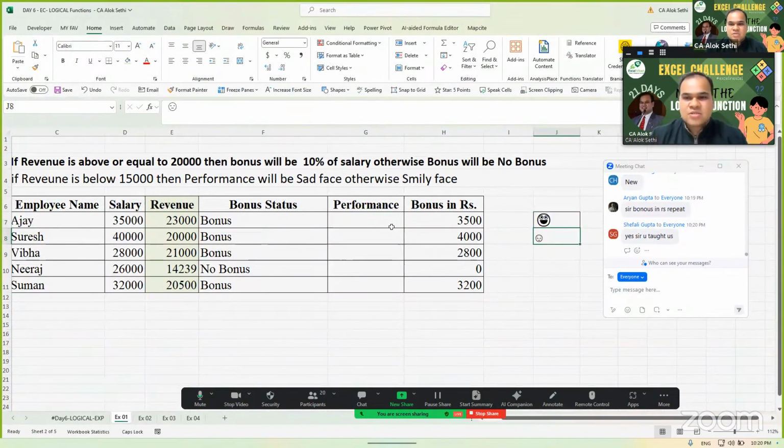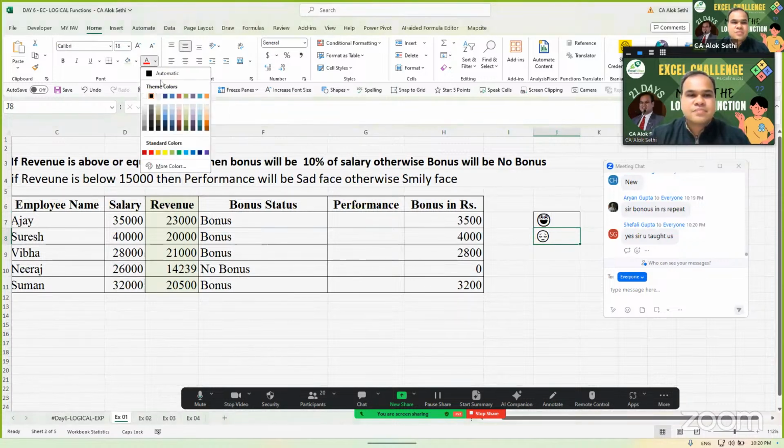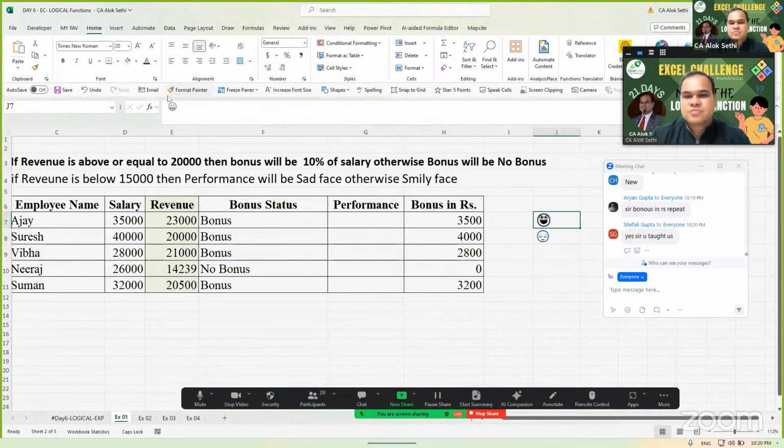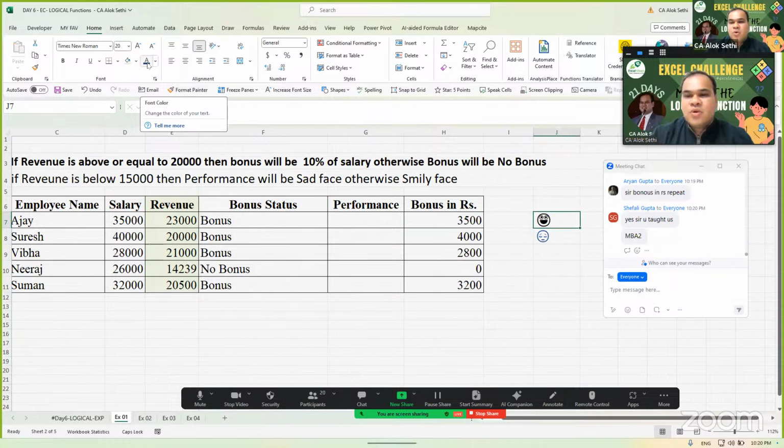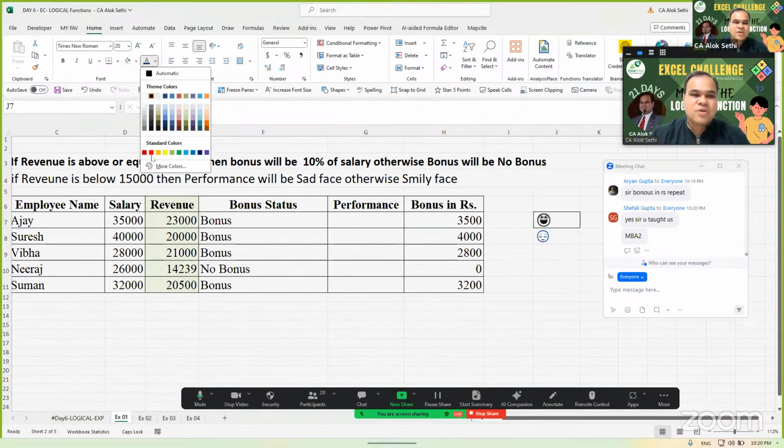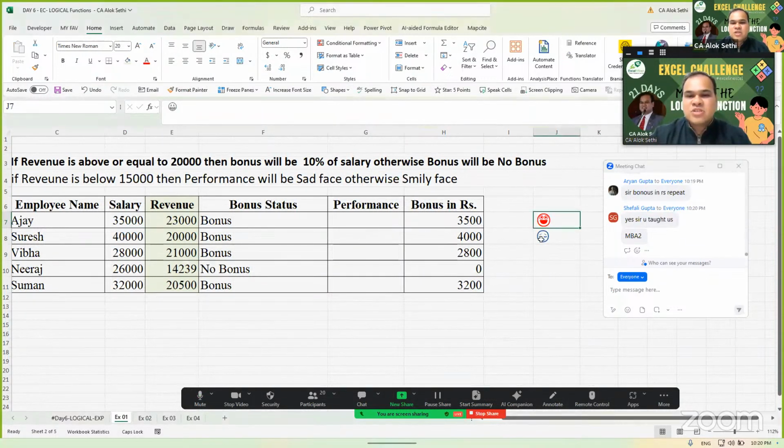Shefali, you had taught us. Okay. Shefali, I'm not able to recognize you. Can you introduce yourself? Where are you from? I'm not able to recognize you. चलिए, MBA. Okay, that is why I'm not able to recognize. Okay, great. So MBA people are also attending my classes. I'm glad to know that. Very good. तो बाकी बच्चे नहीं आ रहे तुम्हारे क्लास के, उनको भी बोलो थोड़ा पढ़ लिख लेंगे तो फायदा होगा उनका।